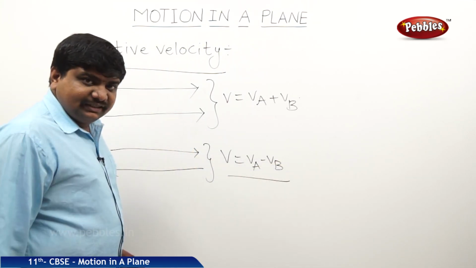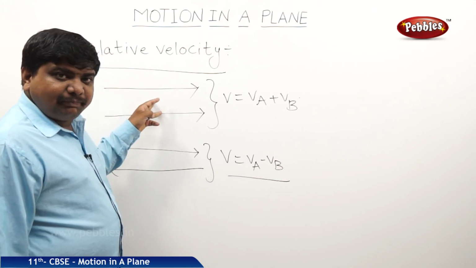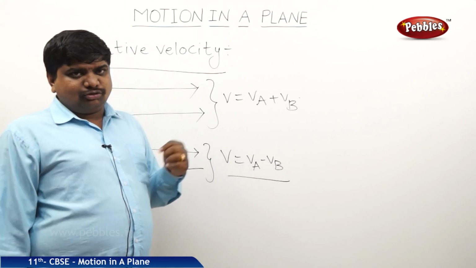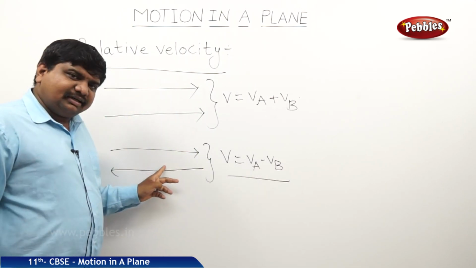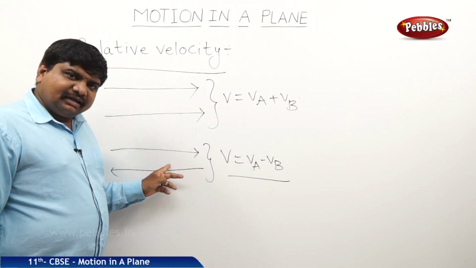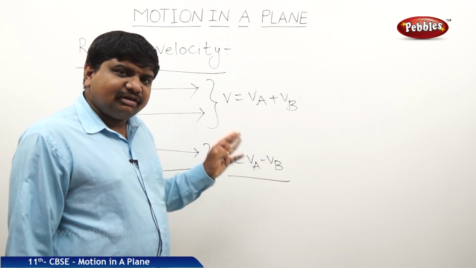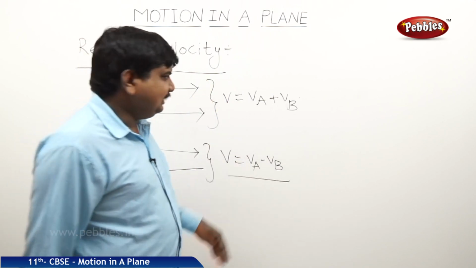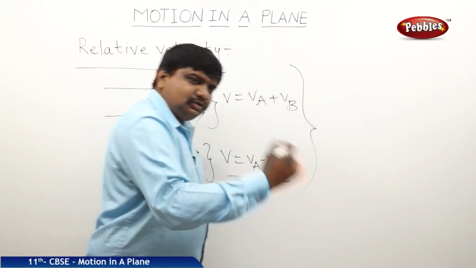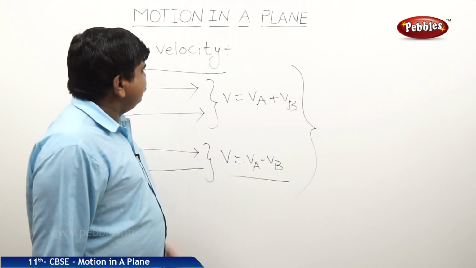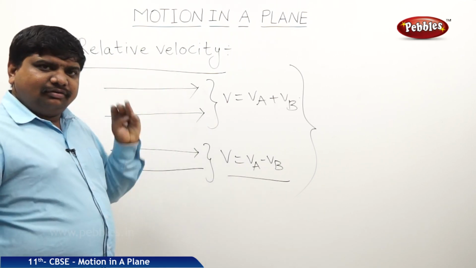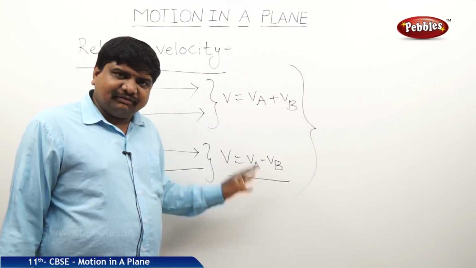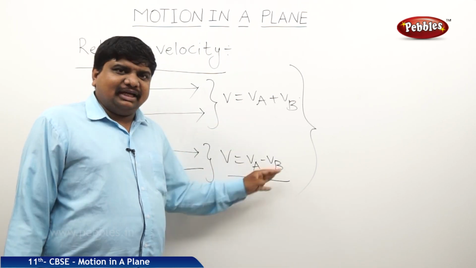But in vector notation, we know that the resultant between the parallel vectors is square root of p square plus q square plus 2pq cos theta. The resultant vector between the anti-parallel vectors is square root of p square plus q square minus 2pq cos theta. Now we are applying these rules of the resultant vectors and direction for the concept of relative velocity. For that purpose, we should take two objects which are moving with finite velocities in finite direction, either parallel or anti-parallel.